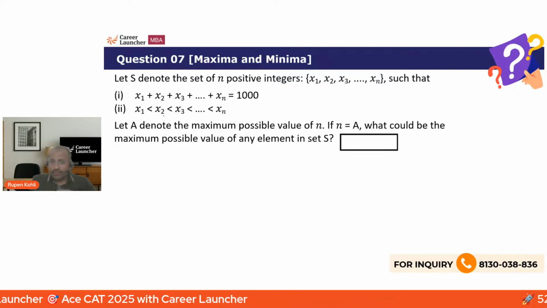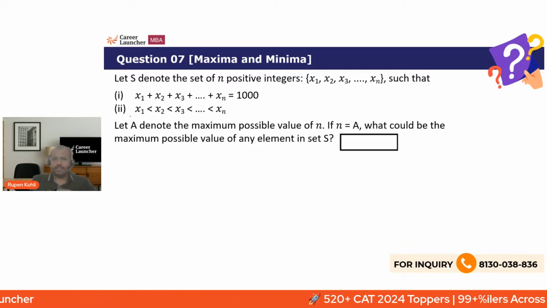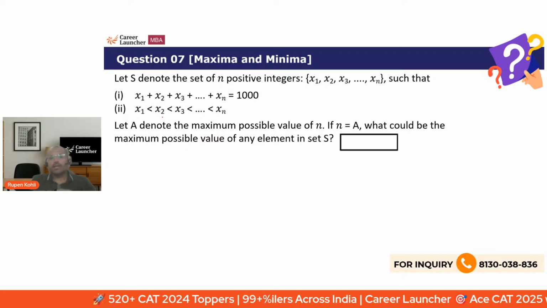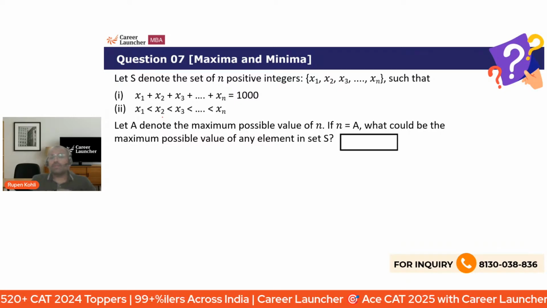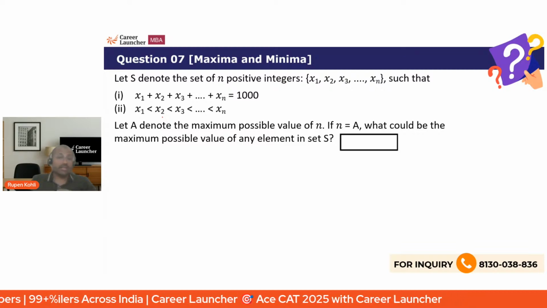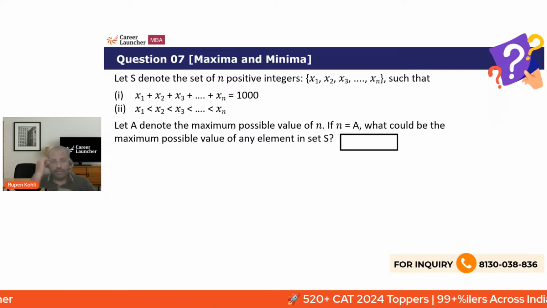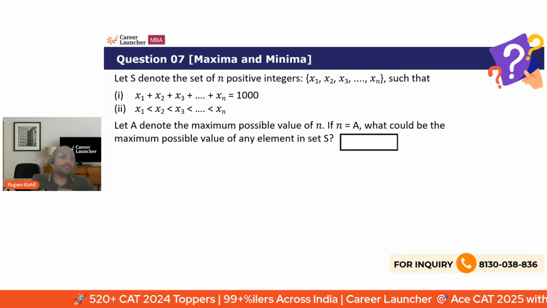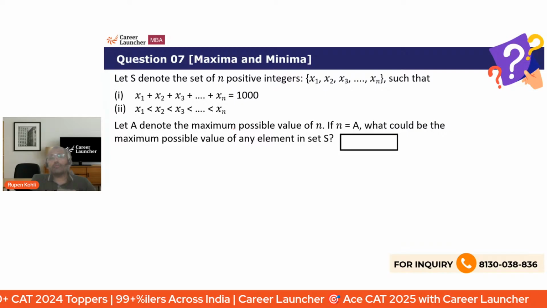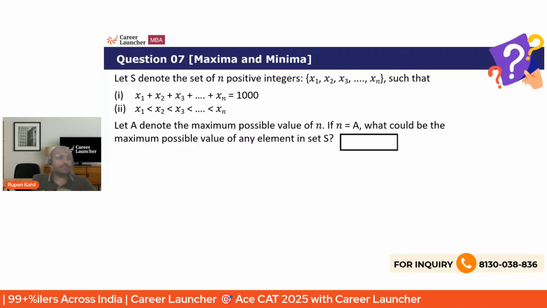And this, look at this, tells us basically they are distinct, this second statement, x1 less than x2 less than x3 and so on. Right. So basically telling me that none of the numbers can be the same. They are distinct positive integers adding up to 1,000. I want to maximize the number of such numbers which add up to 1,000. If I want to maximize the number of numbers, I would want the value of the numbers to be as small as possible, which is I would start with the least positive integer.